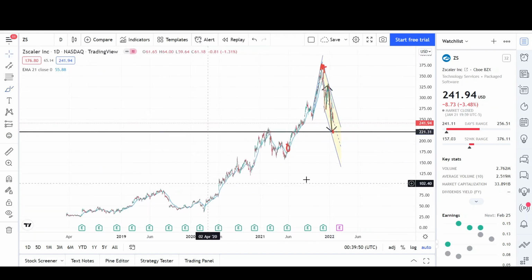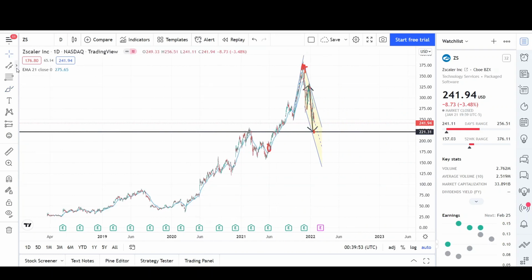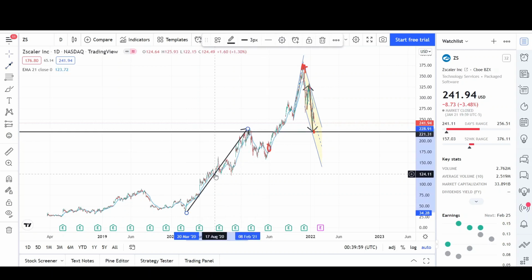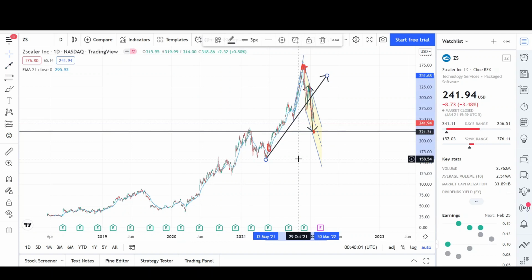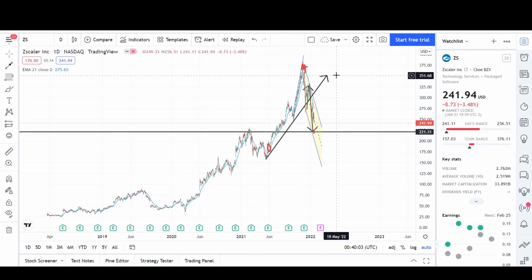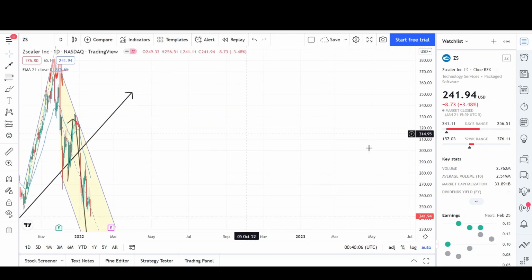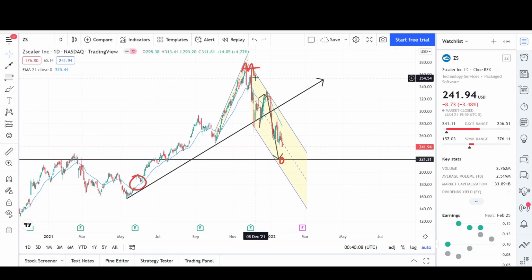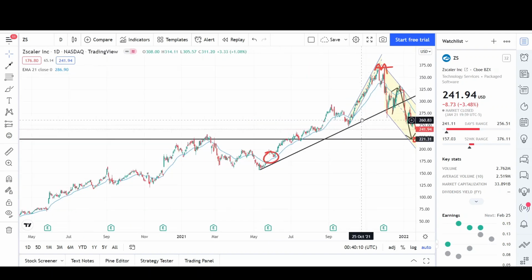So you can see that price action made two legs up and then found resistance. You can see that this was the first leg up right here. There was a correction, and then prices worked higher. And the target for ZSCALER is right at the 351 level. And that would have been a place to get out of your position, especially because you could have known that